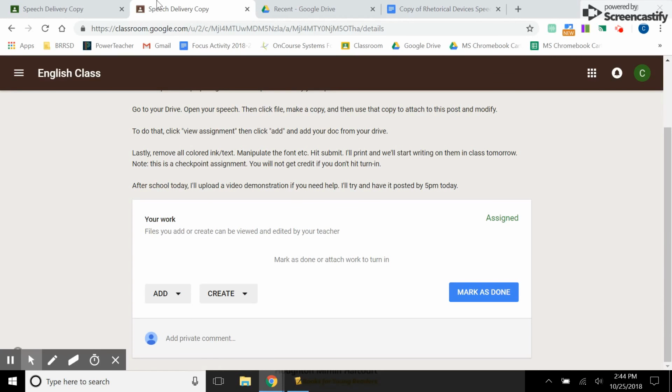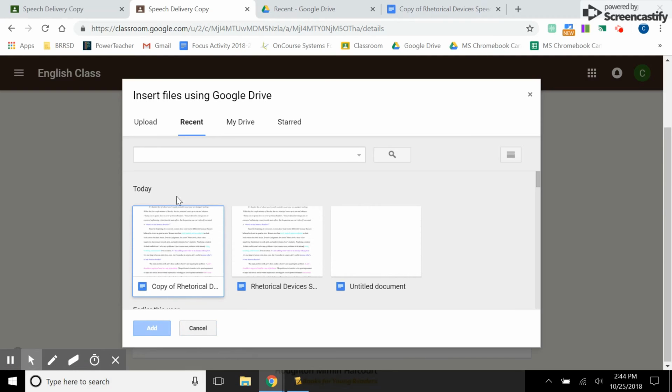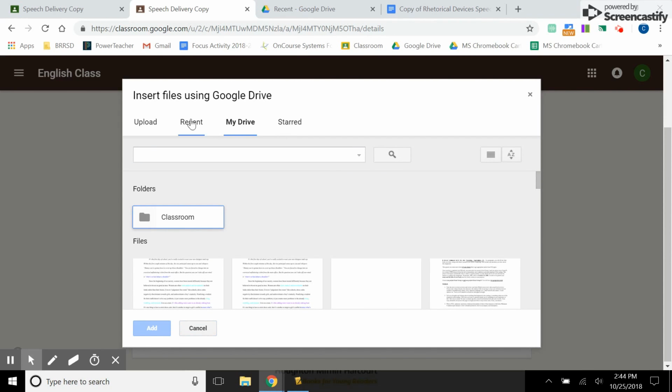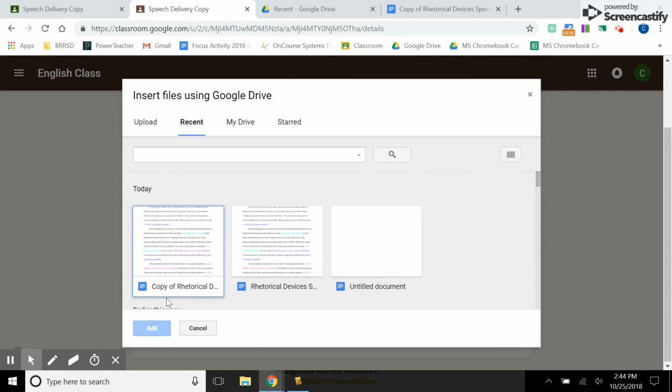Now I go back to my classroom page, our classroom page. I hit Add, Google Drive, and it will always default to the recent, so it should be the first one. If it doesn't pop up, you could search here, or you could click over to My Drive and just hunt around for it. Again, I can see right here it says copy of rhetorical devices. That's the one I want to add. It looks like it still has the highlighting, but we know we took all of that out. It's just captured this image as a preview. So I'll hit Add,